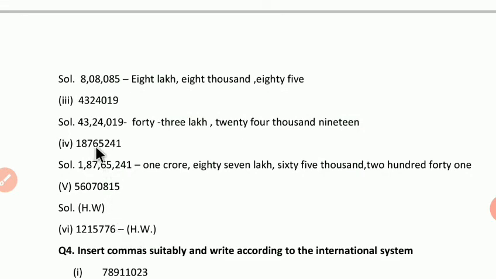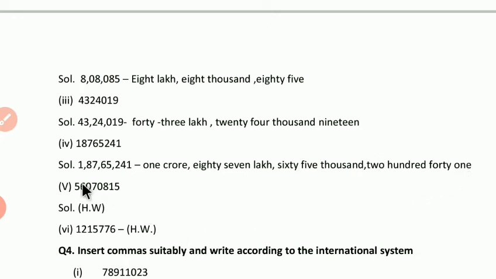Next one, 18765241. According to the Indian system, again we are placing the commas after 3 digits from the right. 1, 2, 3, then the second comma and the next commas after every 2 digits. So 1, 2, 1, 2, then 1. So ones, tens, hundreds, thousand, 10,000, lakh, 10 lakh, crore. It means 1 crore 87 lakh